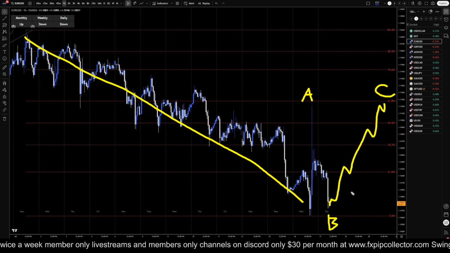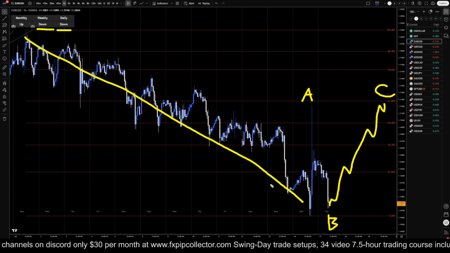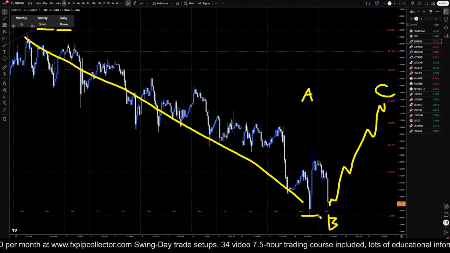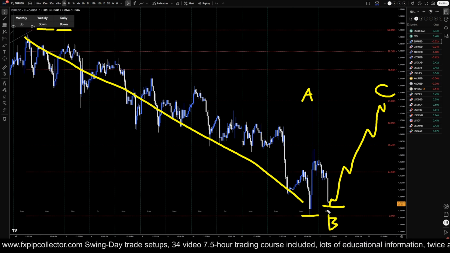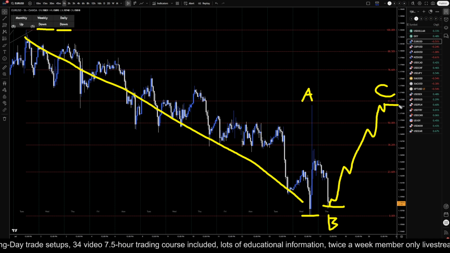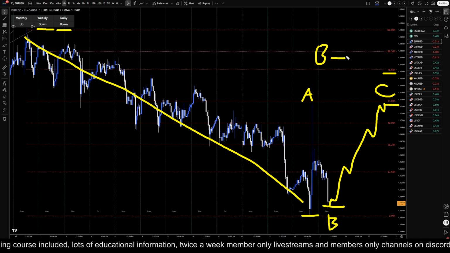I am definitely a little bit cautious about trying to go long for wave C though, because technically the trend is still down on the daily and still down on the weekly. And because of that, it could keep on going down. But if you do see a significant higher low, a nice engulfing move to the upside, you could possibly take it up to like the 61, maybe even the 78% Fibonacci retracement for this ABC of B or the ABC